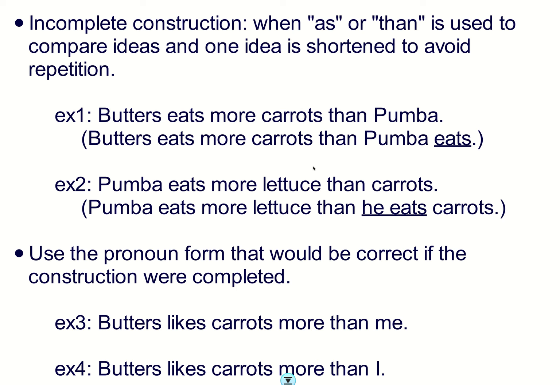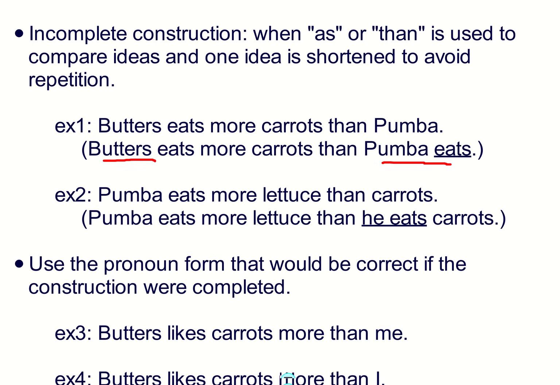If I say Butters eats more carrots than Pumbaa, what's implied is that I'm saying Butters eats more carrots than Pumbaa eats. So the comparison is between Butters eating and Pumbaa eating. But in order to avoid that repetition of eats, we just say Butters eats more carrots than Pumbaa. So if we were going to switch that up and add in a pronoun instead of using Pumbaa, it's going to be the same